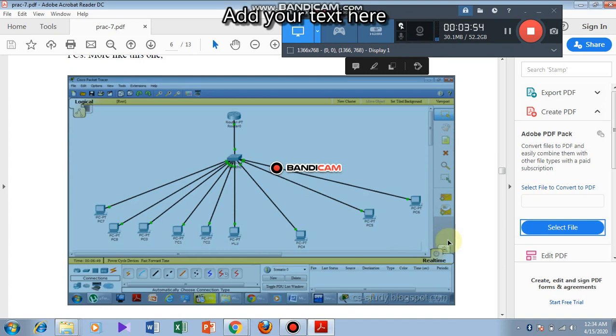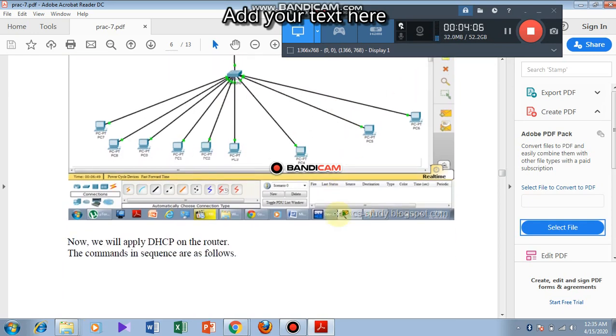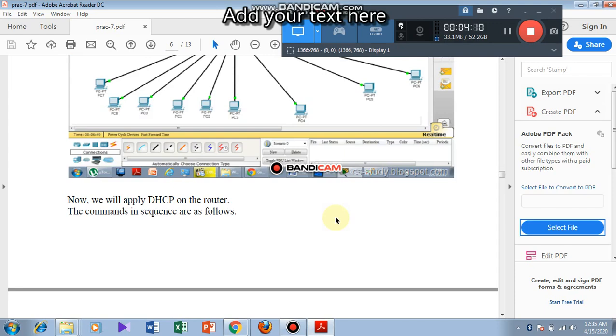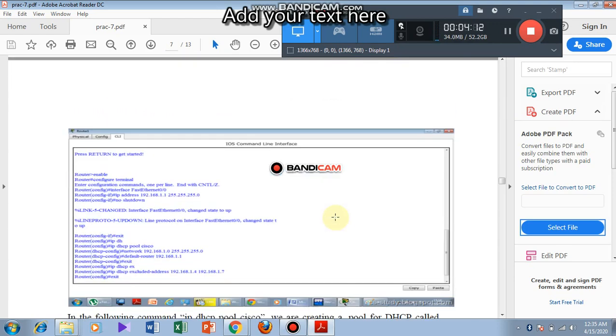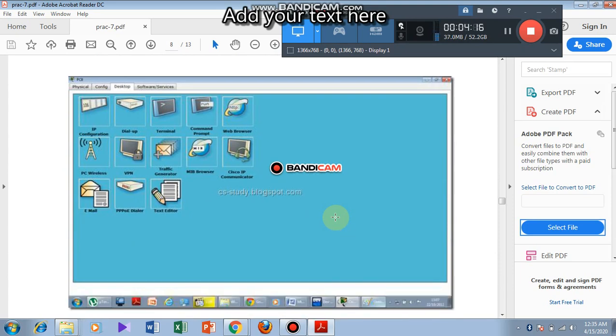We have to just take a number of PCs over here, then use the switch, and this switch is further connected to the router, and we have to make connections like this. Then we have to go to the desktop.